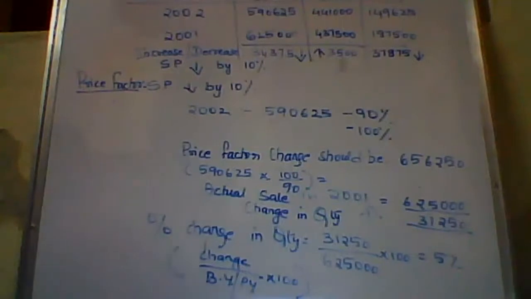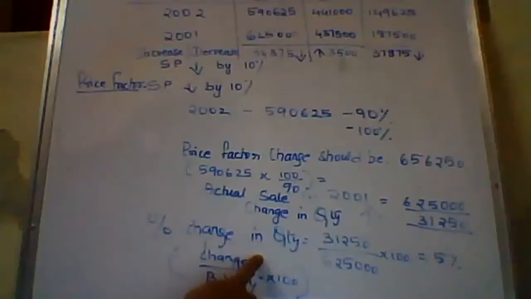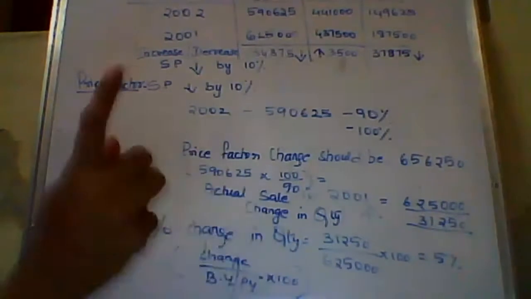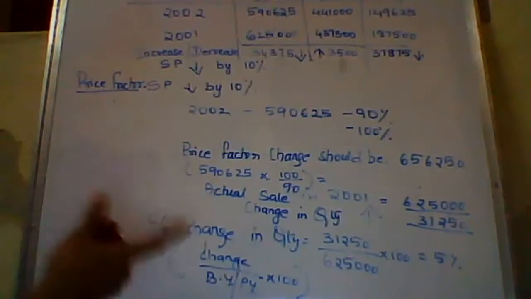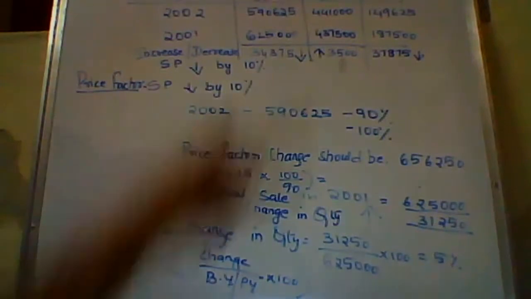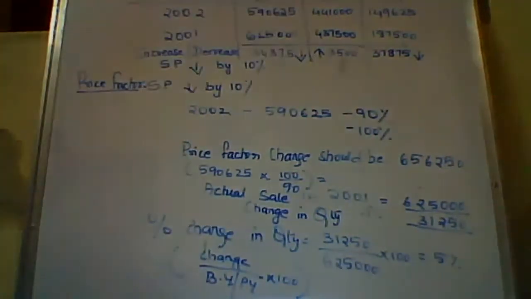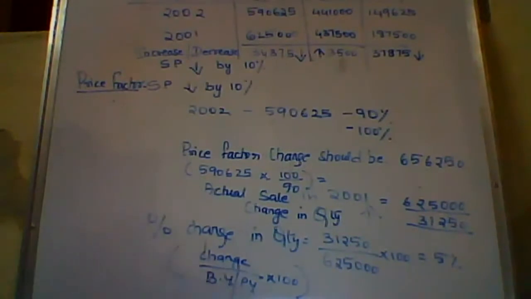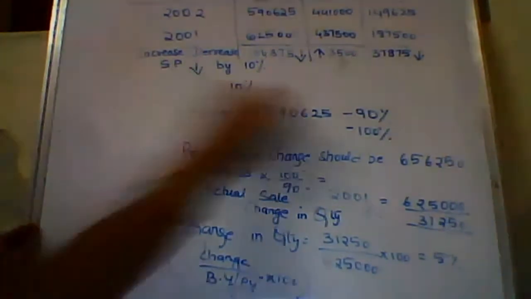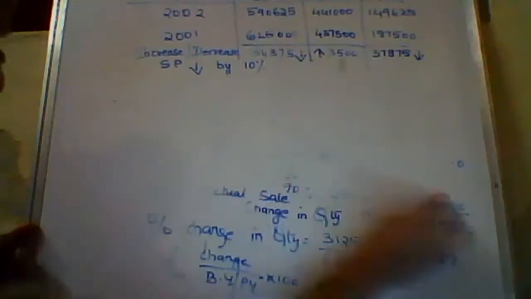Now, what am I doing? Here, what we understood is that quantity has increased by 5%. What we'll do is apply the increase of quantity of 5% on the cost of goods sold. Then find out in cost of goods sold, after this quantity has changed, is there any change still in the cost price also? So I am now going from quantity factor change to the cost of goods sold.